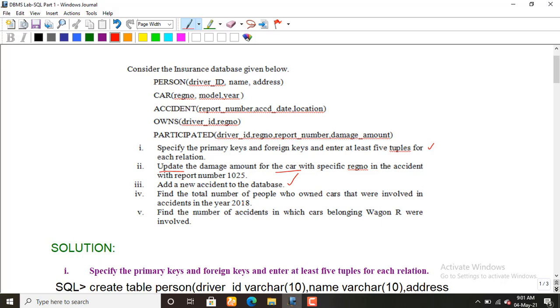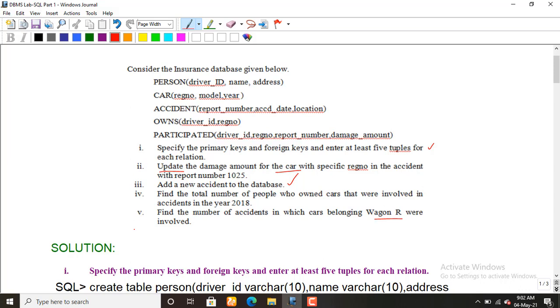And next, find the total amount of people who own cars that were involved in accidents in the year of 2018. This is an example of how to use the aggregate functions in SQL and the Cartesian product between the tables. And next, find the number of accidents in which the car belongs to this model. How to use a where clause efficiently. So it looks very simple.